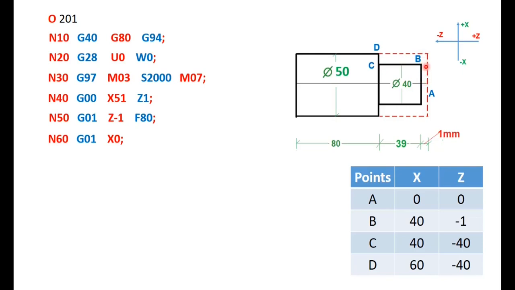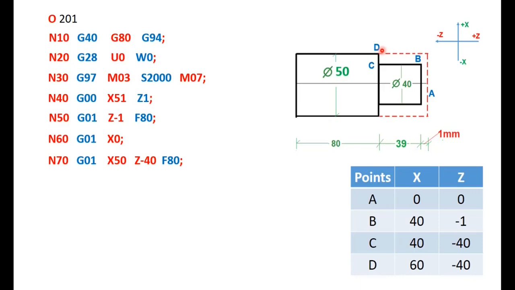Okay. So what will happen when I move to Z0? Diametrically, this part is completely removed, or the facing operation is done. Next, once it is done here, I will again go up and come at this position. Fine. And then from there, I have to move to Z-40. That is 1, 40. So I will come here and then move to Z-40.